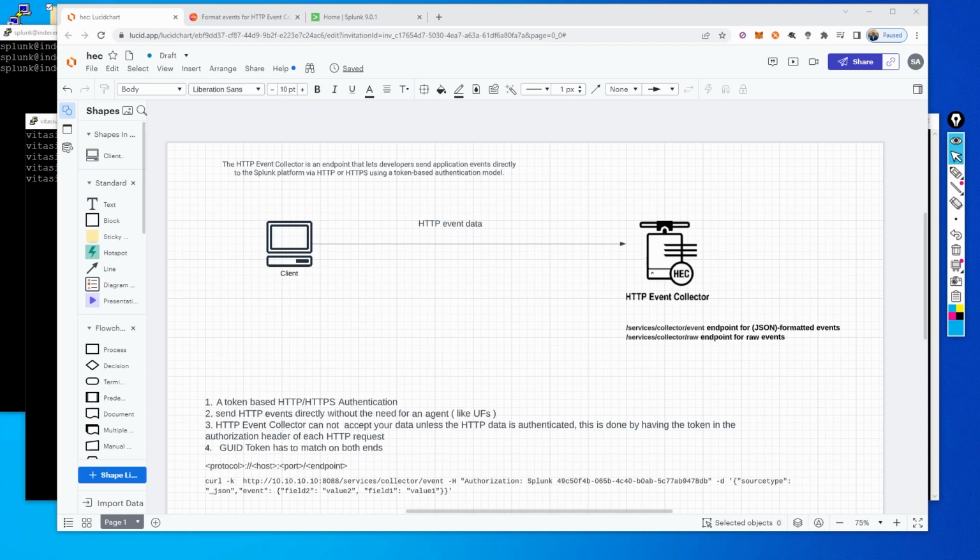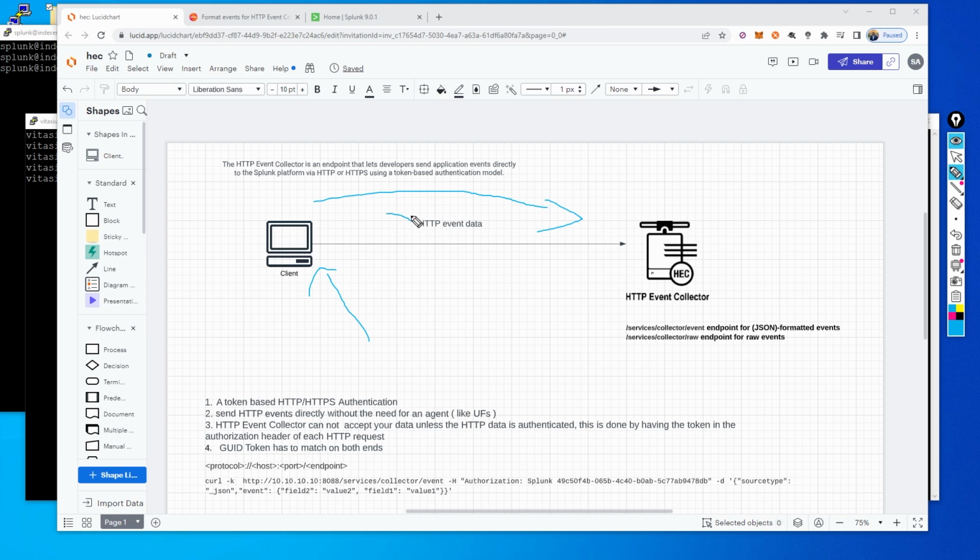So in this section, we will be discussing the Splunk HTTP Event Collector. The Splunk HTTP Event Collector has gained a lot of popularity in a world that has been shifting more into the serverless and cloud native side. Of course, there is no need for a package installation on the client side, which means you don't need an actual universal forwarder to forward these HTTP event data to the HTTP event collector,